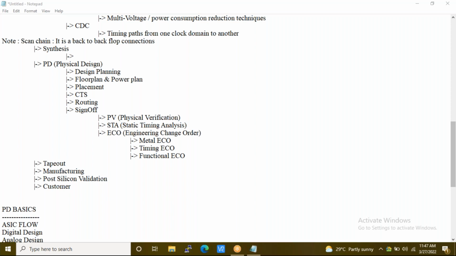Next, someone is asking a question. Varshita asks, how to decide whether to go for front end or back end? See, if you are interested in a programming kind of job, you can go for the front end domain. If you are not interested in programming, you can go for the back end domain. But if you ask me where I have a better chance of getting a job, I would say the front end domain has some advantage over back end. Why? Let me tell you why.